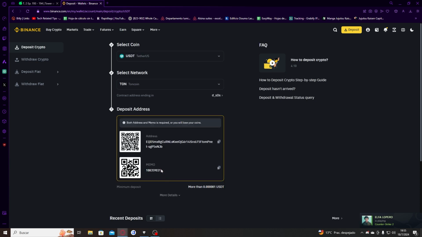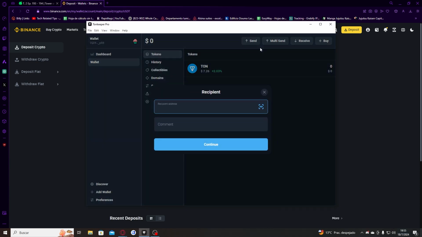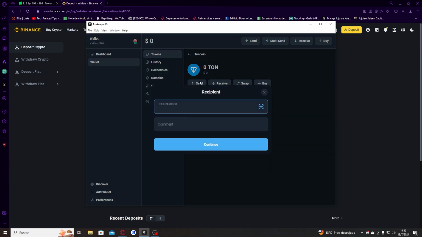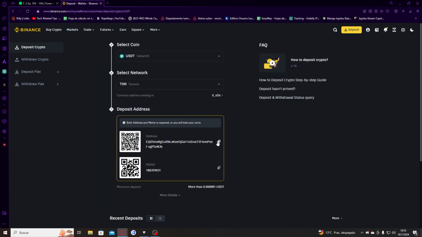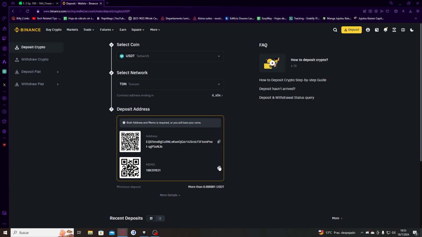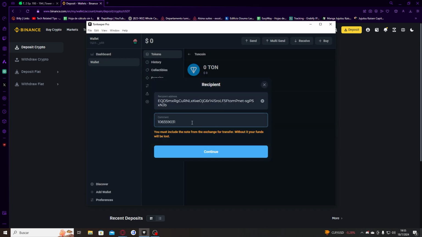So press here, then you have to go to Tonkeeper and you have to press send here. You have to make sure that here you have USDT, so you press the USDT here, for example, I'm choosing USDT, and press send. Excellent. So here in recipient address you have to put your address here. So you paste it and you have to copy the memo, copy it, and then you paste it in the